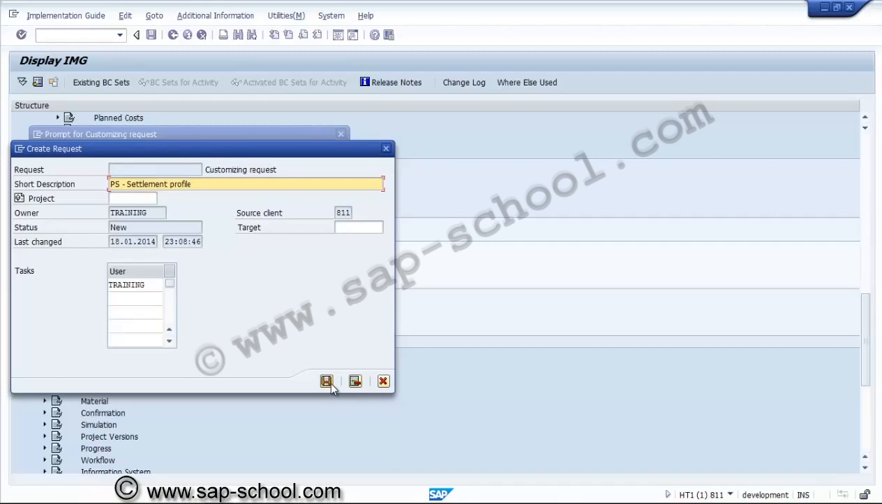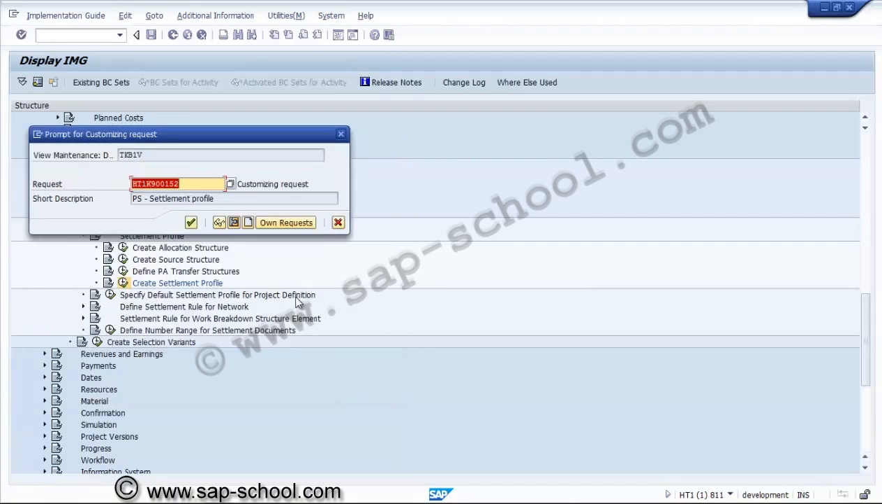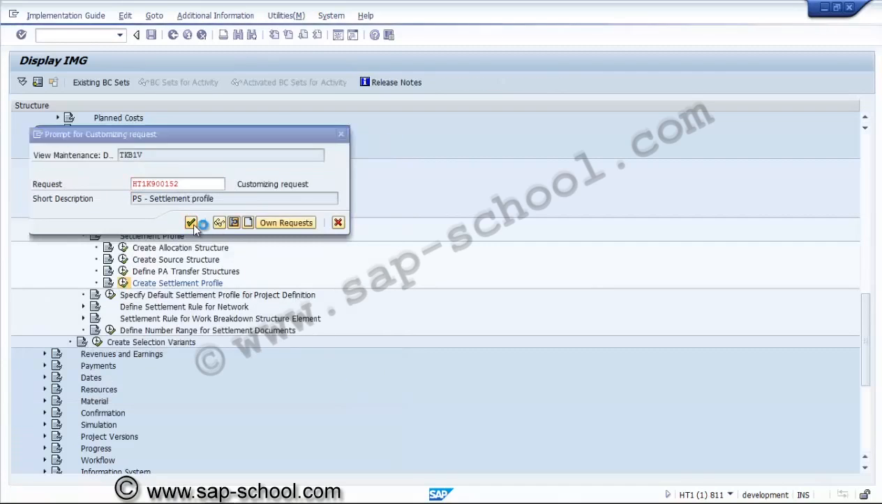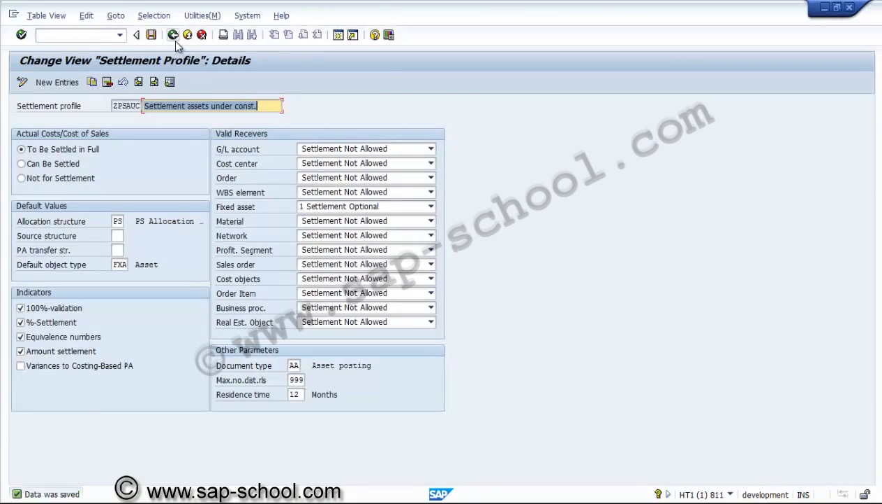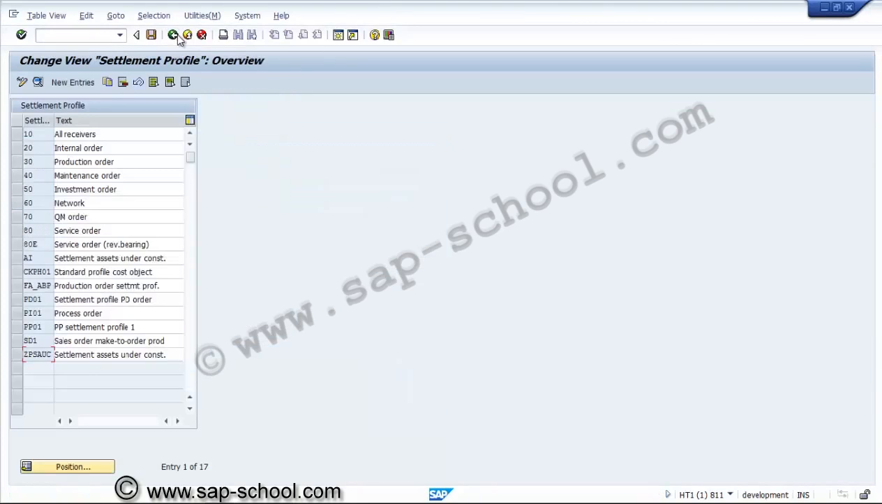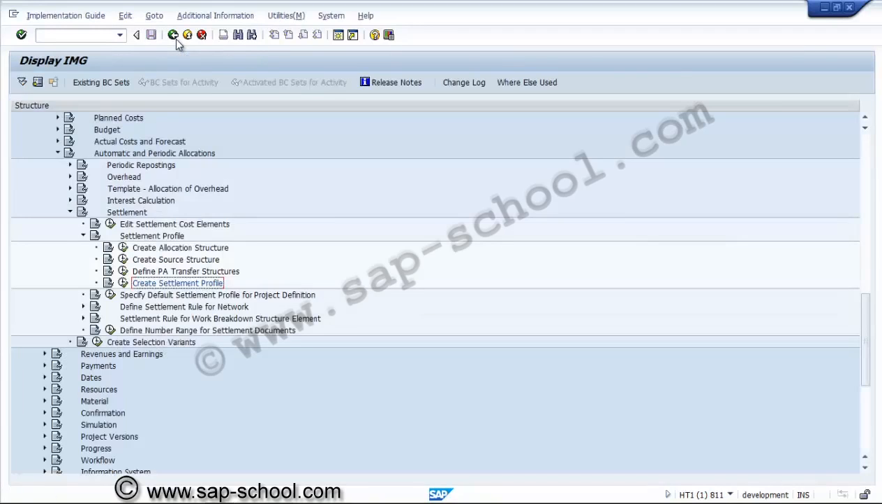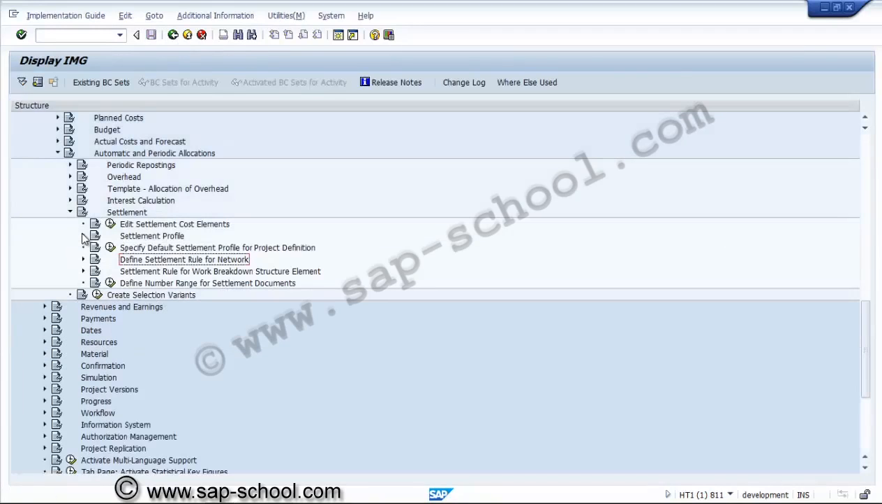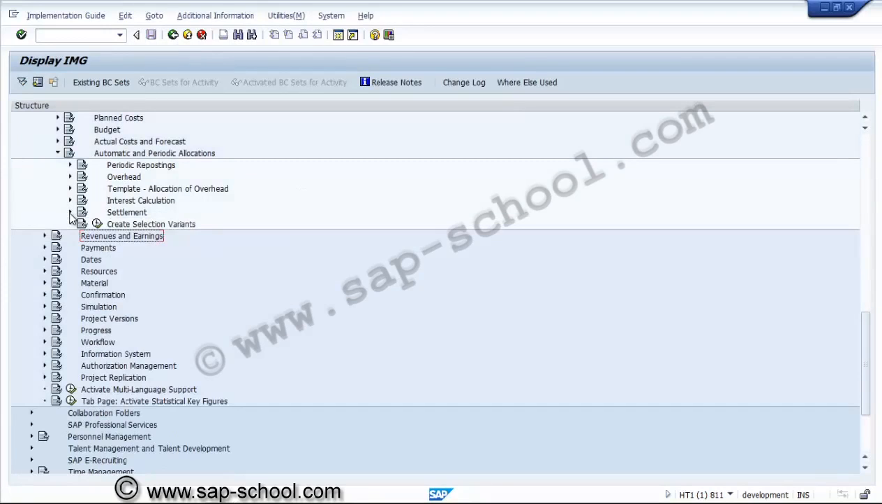If any parameters are changing from the standard, it is always advisable to use the customized profile instead of changing the SAP standard profiles. SAP standard profiles are always required for reference purposes. So we have created the settlement profile,